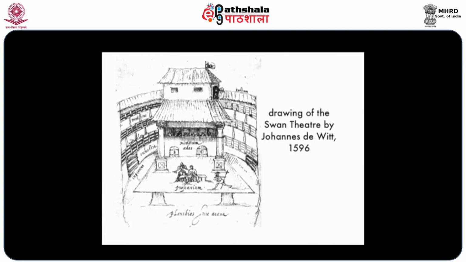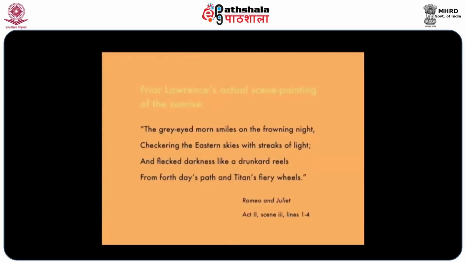There were no painted sets behind them. They just had tapestries back there. But Shakespeare employed what was called scene painting instead. That was where he would write it into a script, where a character like, say, Friar Lawrence in Romeo and Juliet would say, "Oh, look over there in the east where the sun is rising and there are streaks of yellow and red in the sky," or whatever. And that's how you knew that it was taking place at dawn.